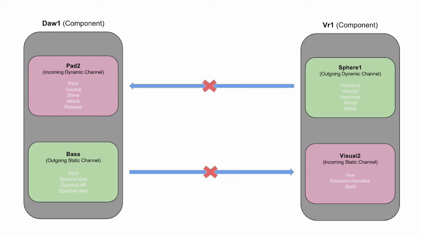So my original approach to this was, in each case, having an interface for specifying the parameter mapping, and I was finding myself re-implementing an interface which is actually quite complicated in each of the different environments where I wanted to create components. I needed an interface for the digital audio workstation to specify its parameter mappings. I needed an interface in Unity. I needed an interface in Max. And so I came to the conclusion that it was better for components to just have inputs and outputs and not worry about who it was talking to or where it was getting its messages from, which is where the